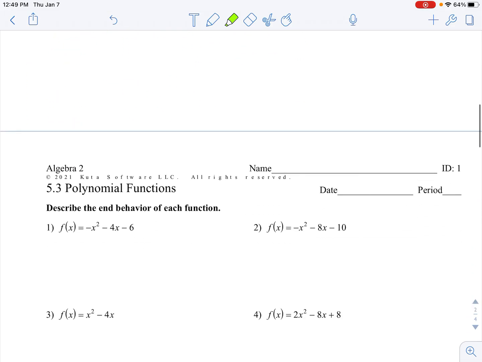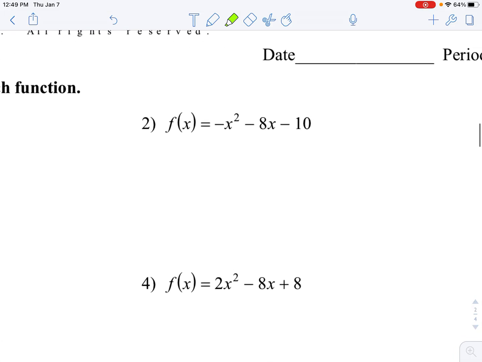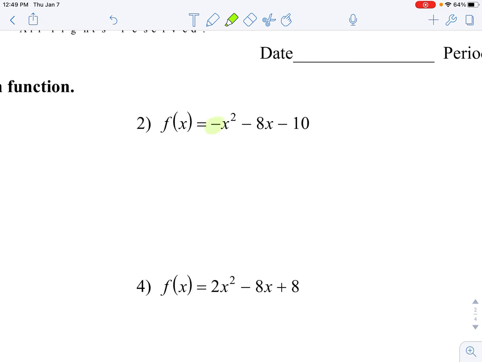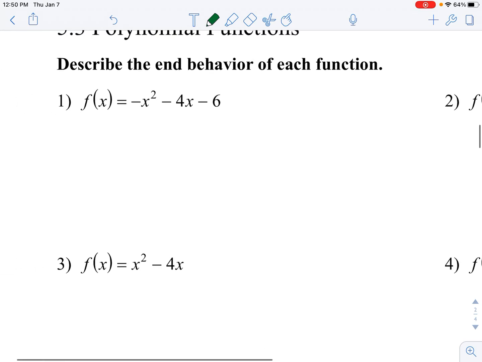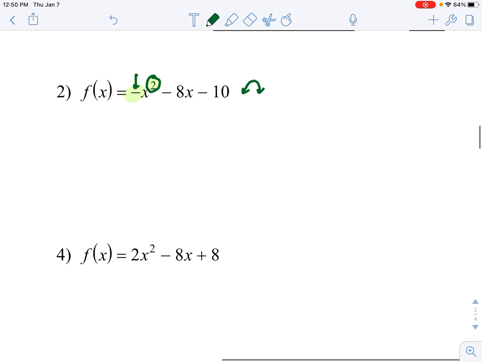Now, when we look at polynomials like this, we're going to read the lead coefficient and the power. So based on what I just went over, we know that this shape is overall like this. It's an upside down U shape. The negative tells me it's upside down. The even power tells me it's that U shape. And so when you describe end behavior, that's the instructions, describe the end behavior. Basically, if you look at an upside down U shape, it goes down to the left, and it also goes down